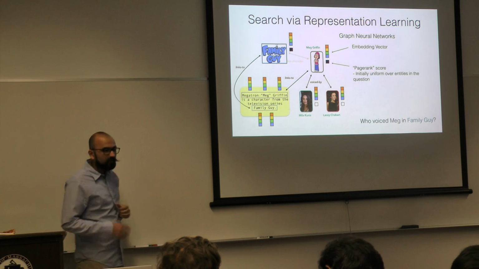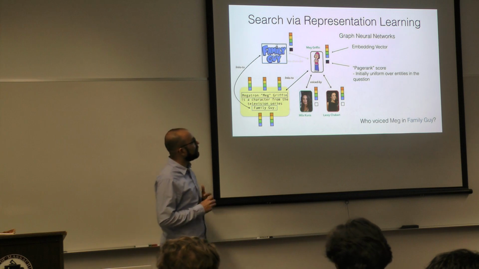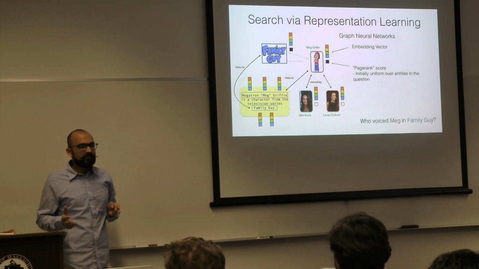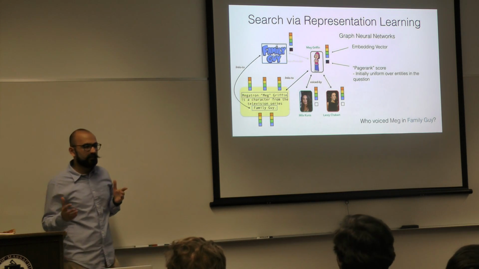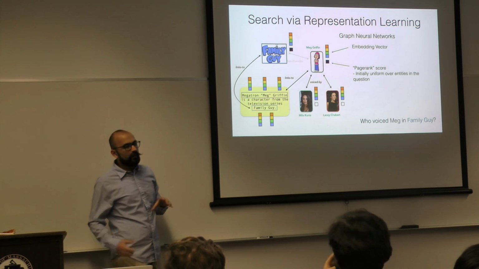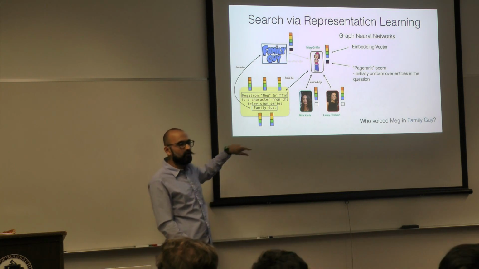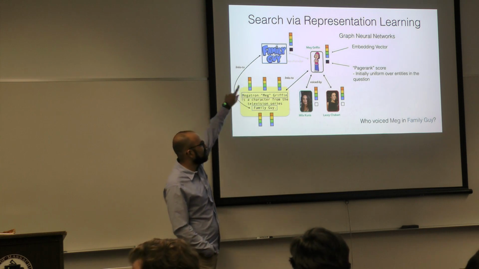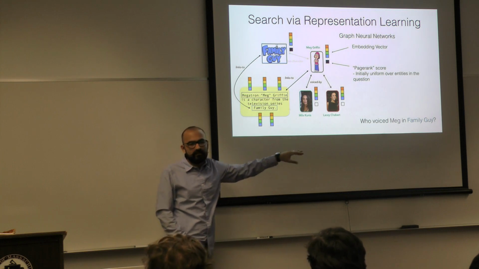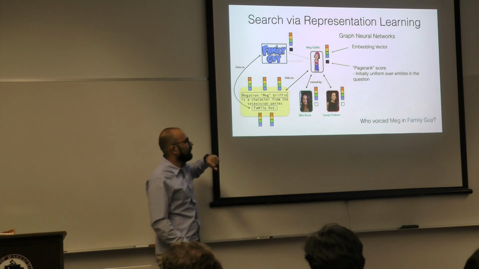And one additional feature we're going to add to our graph neural network representation is this. The problem with standard graph neural networks is that they treat the whole graph as a homogeneous graph. There's really no notion of certain nodes being more important than other nodes. And for our question answering problem, that's pretty important. Given the question, "Who was Meg in Family Guy?", I know that the answer is in some neighborhood around the entities which are actually mentioned in the question, in this case Meg and Family Guy. So in order to build that inductive bias into our graph neural network